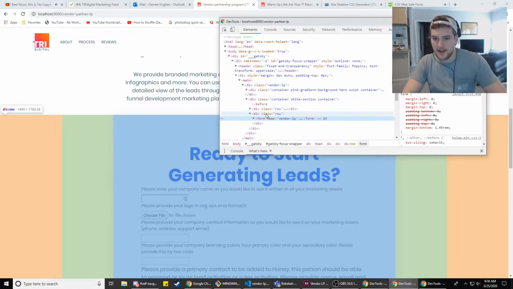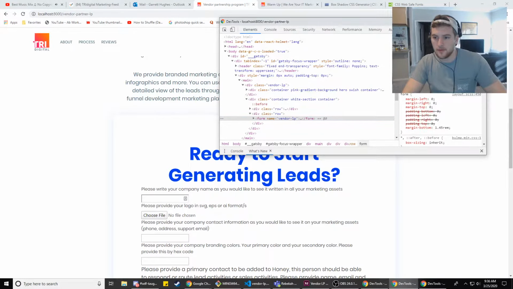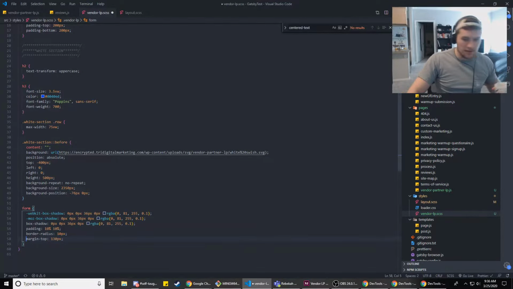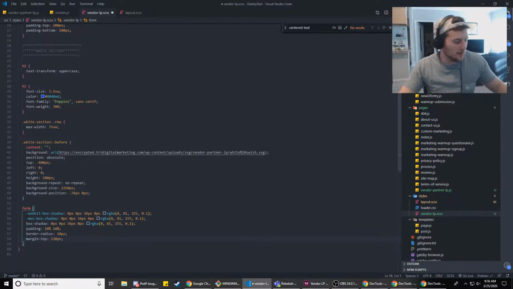And then why didn't that get added? So we have the form, margin top. Why'd I put form, margin top? Geez, brain fart. I need more coffee. Did I make more coffee? I can't remember if I've had 2 cups of coffee or 3. I don't want to have more than 3, but I really want more coffee. I feel like I haven't had 3. I need to be able to go to the gym again so I can take pre-workout. I miss pre-workout.